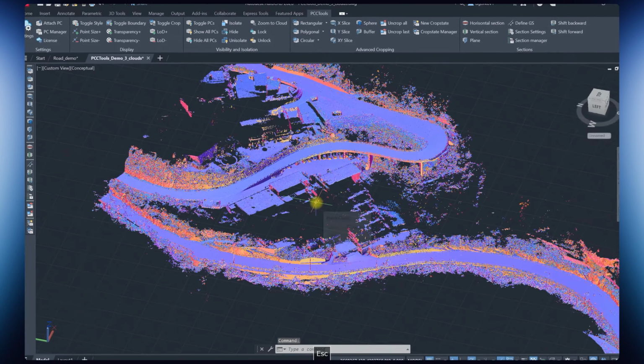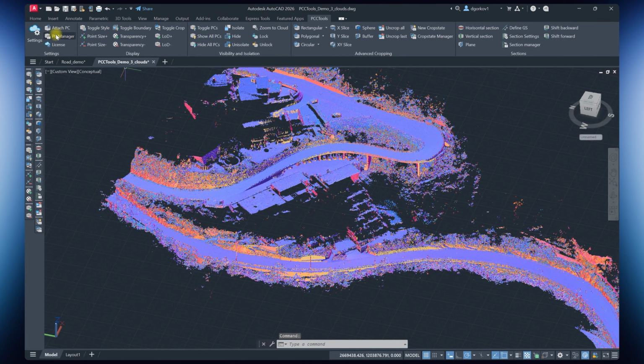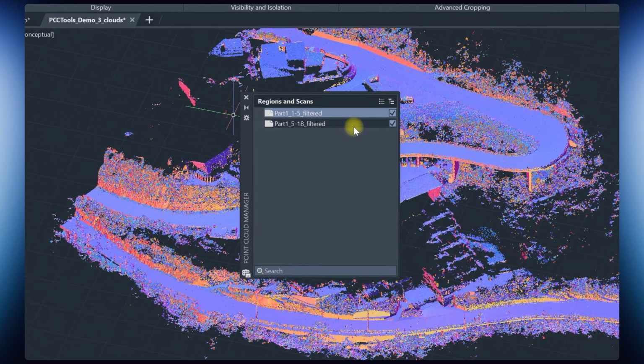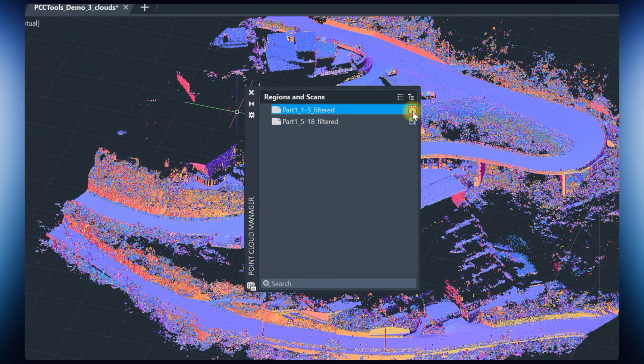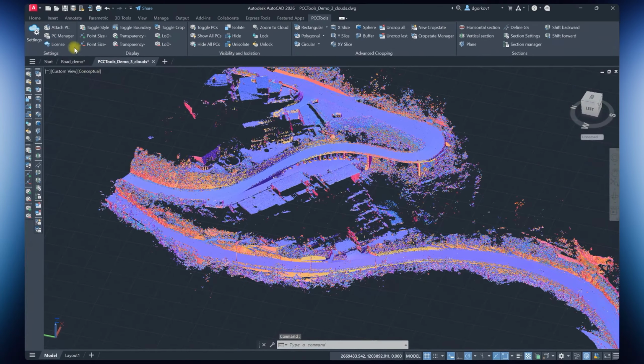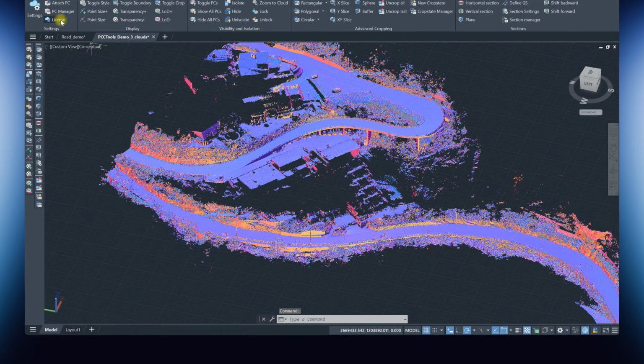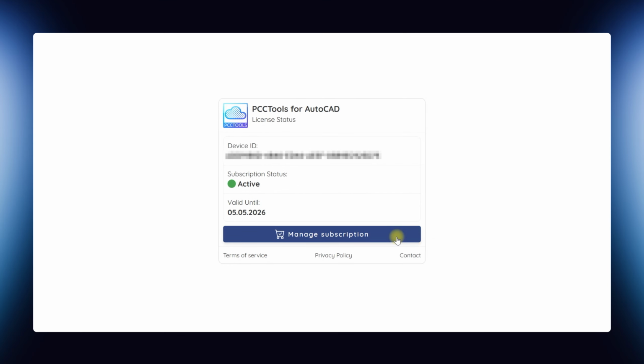If you're intentionally working with a shifted cloud, you can always disable this monitoring in the settings to avoid unnecessary warnings. Next one is the Point Cloud Manager. This is the default AutoCAD tool to quickly manage visibility of scans and regions within your point clouds. And the last one is License. Clicking this opens a browser window where I can manage my subscription,